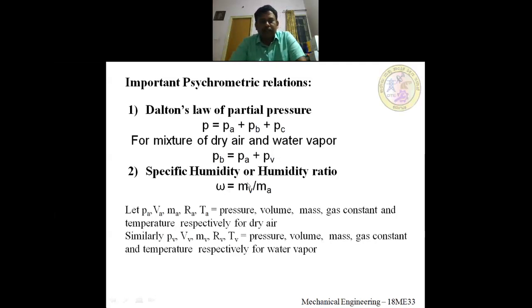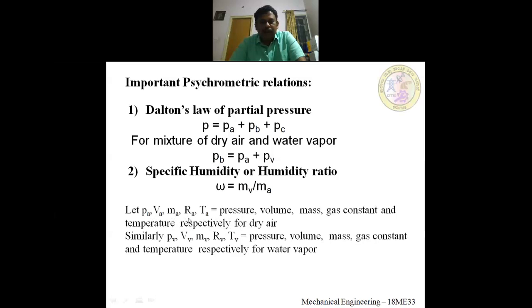Next, specific humidity. We'll derive an equation. Specific humidity or humidity ratio. Do you know that it is given by the mass of water vapor to the mass of dry air? It is nothing but kg per kg of dry air. Let